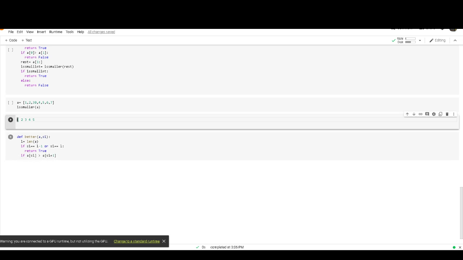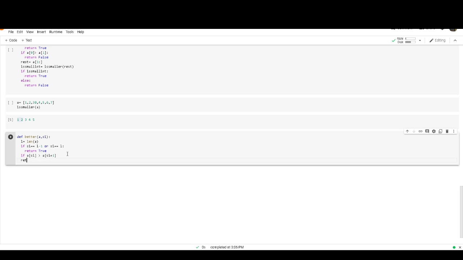Suppose this is A of HI and this is A of HI plus 1. So we compare those two numbers. If A of HI is greater than A of HI plus 1, then we return false.